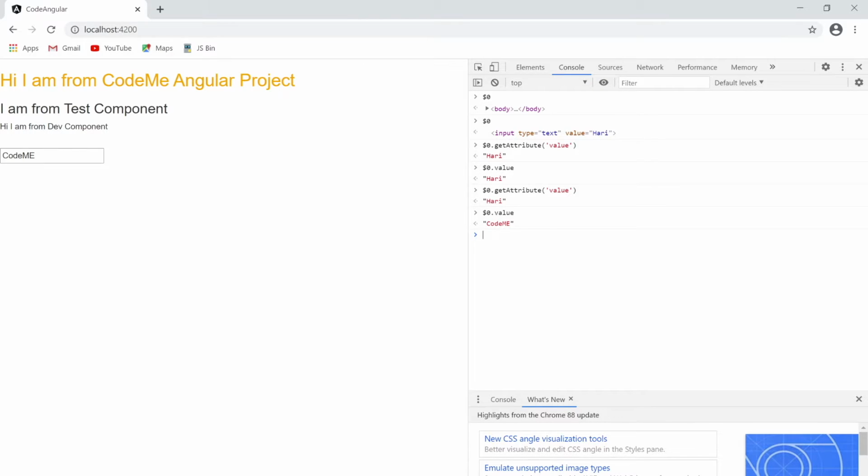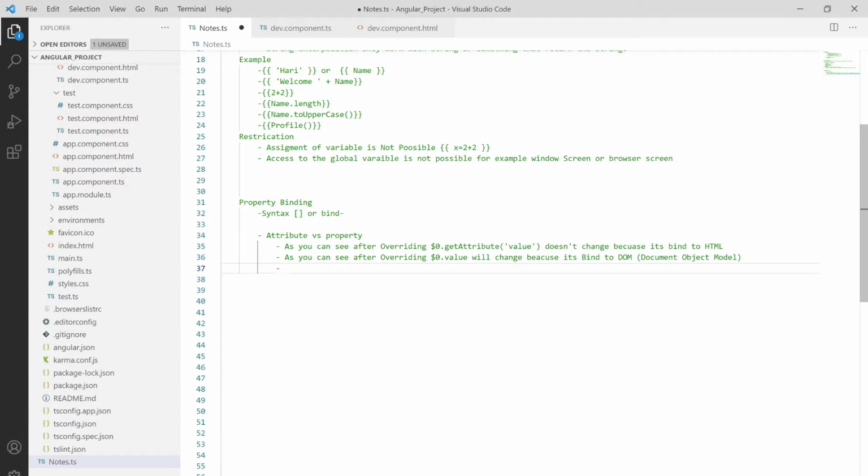Let me move to the notes and write down: attributes initialize once, and after initializing, the value of the attribute can't change, but we can change the DOM element.